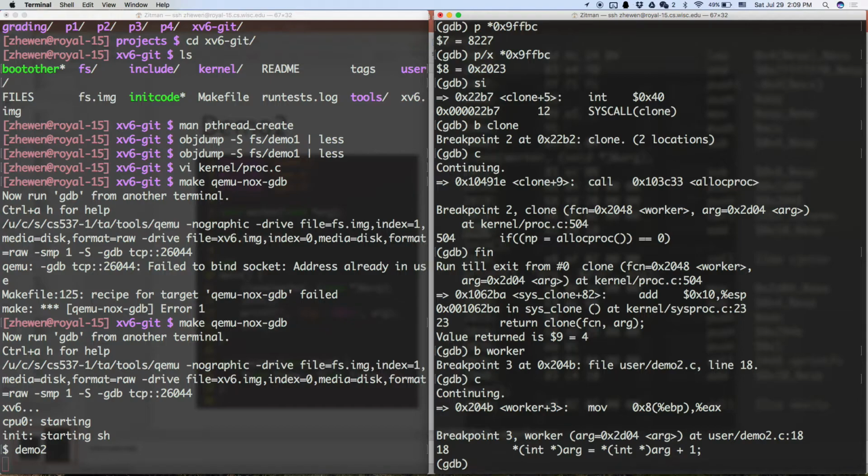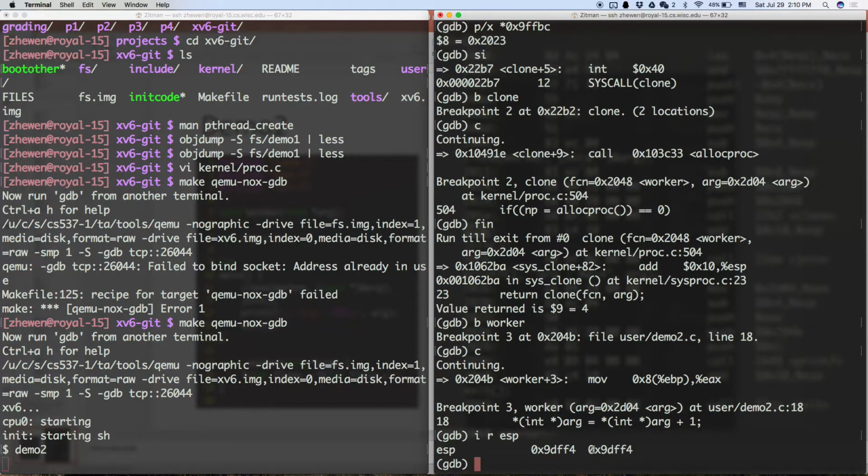So when we break into worker, it means we are now in the thread. So if you look at the registers or something like that, all the information from here should belong to the worker, or should belong to the thread instead of the parent. Okay. So when you look at the ESP,